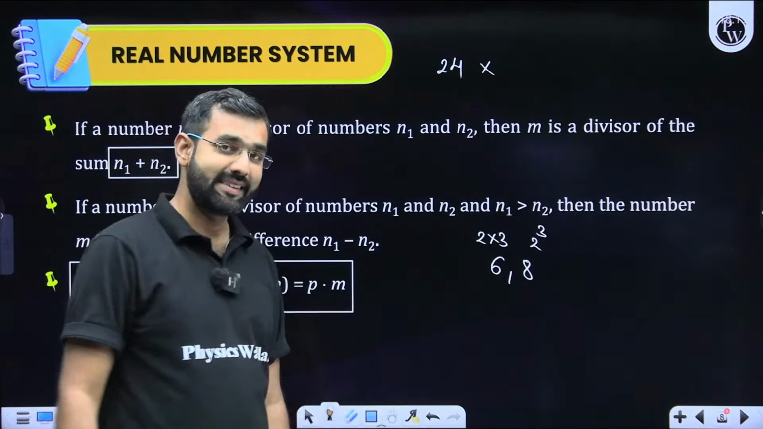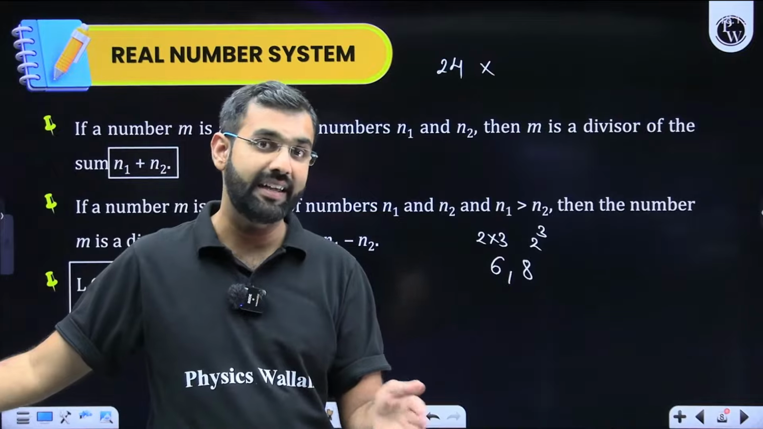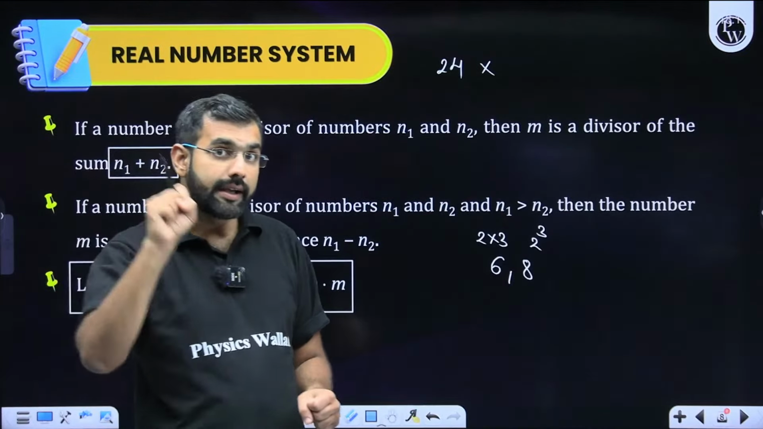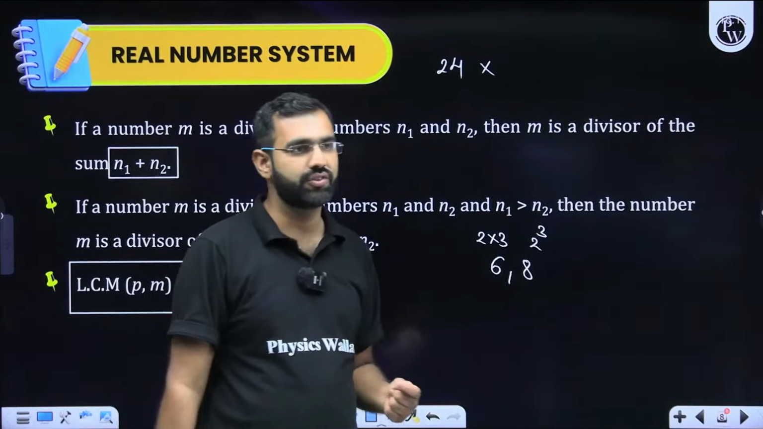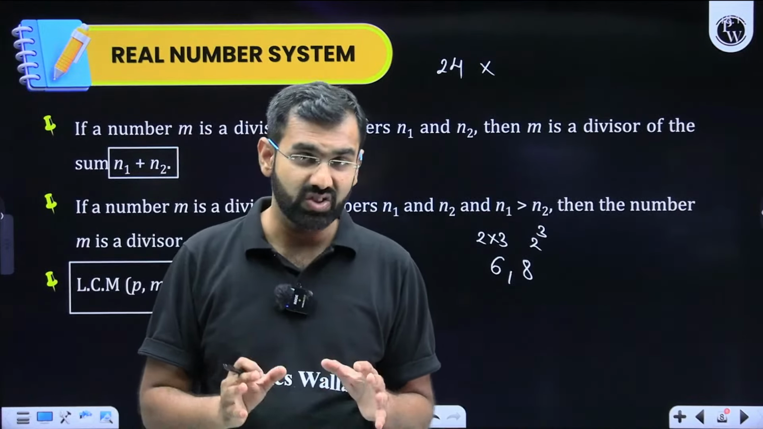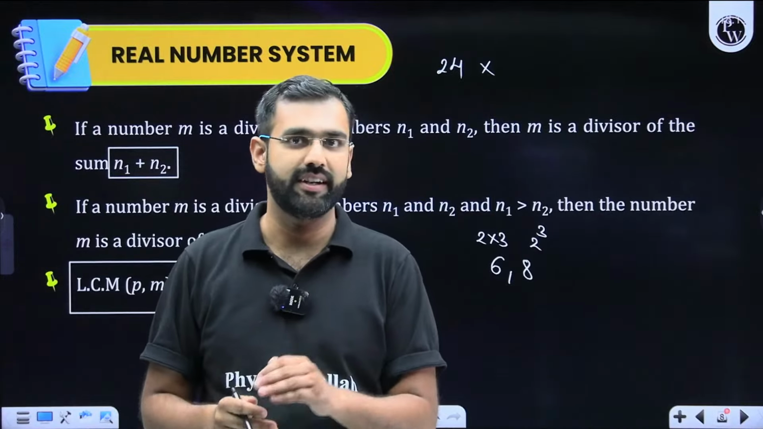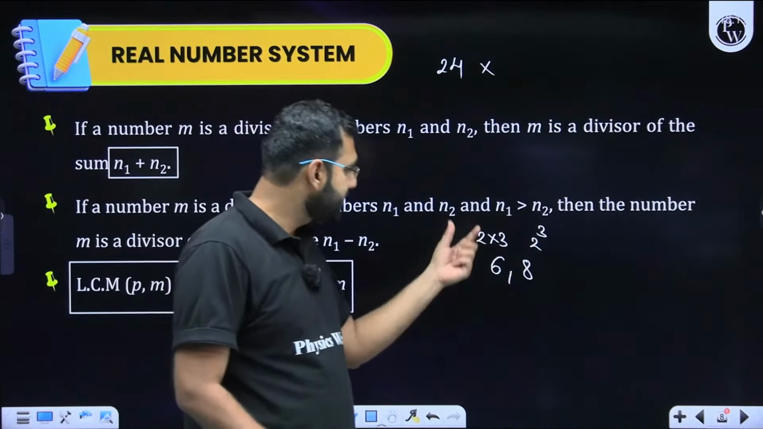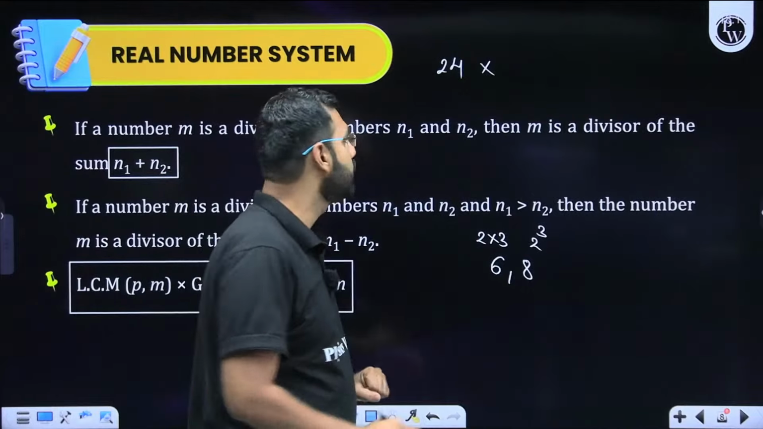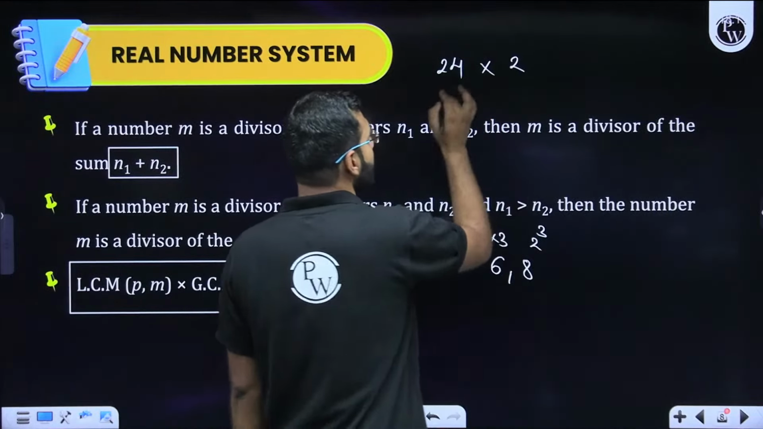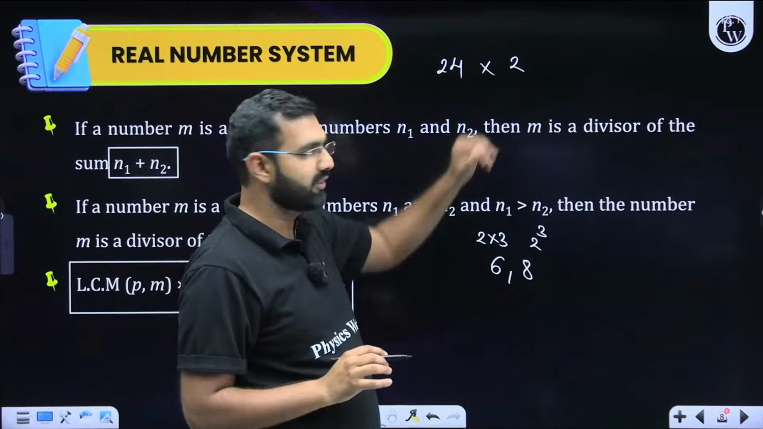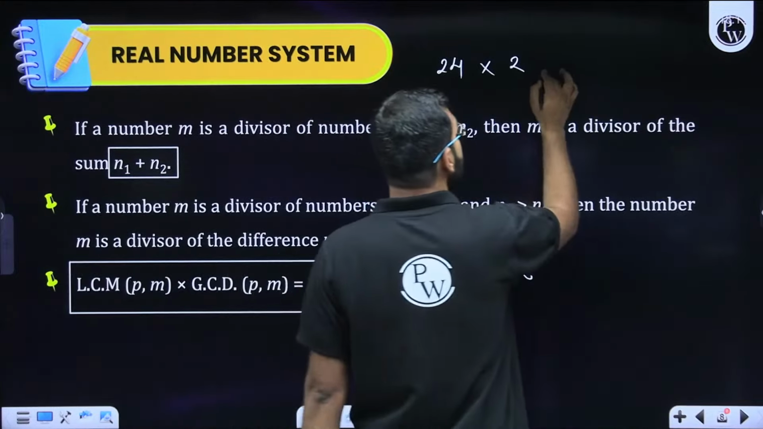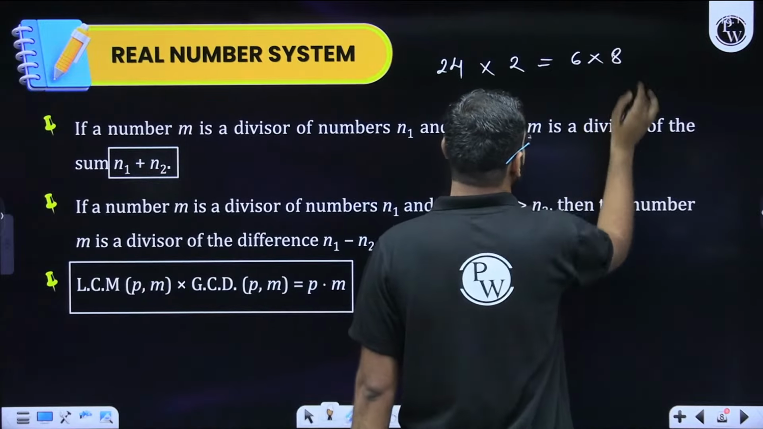What is the HCF of 6 and 8? HCF means highest common factor, which means the greatest possible number which can divide both 6 and 8. I'm looking for the largest possible number which can divide both 6 and 8. It will be 2. So here, the LCM of 6 and 8 is 24, and the HCF of 6 and 8 is 2, which means this product will be equal to the product of 6